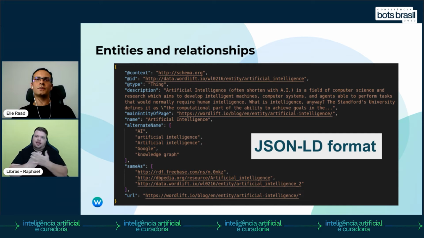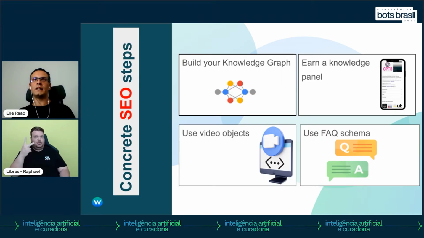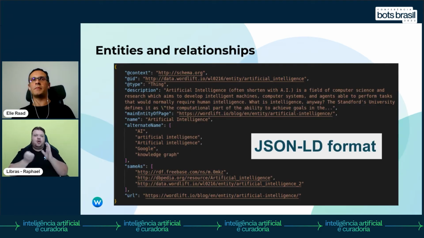So just to give some overview about entities and relationships, because when we want to build a knowledge graph, this means that we have to create those entities, and we want to create a relationship between them. So, for example, in this example, we have an entity called artificial intelligence. So it can be